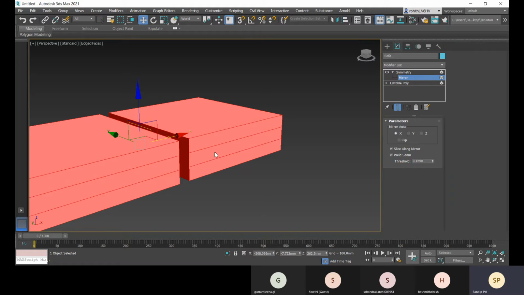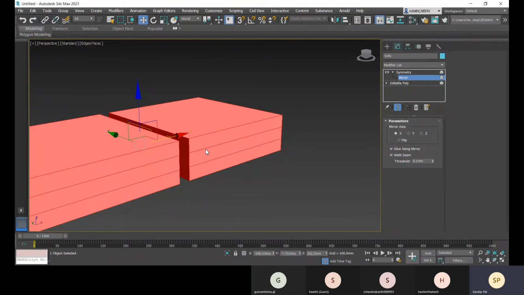So that will be easier for me, because there are chances of human error. I cannot exactly match the two halves equally. I cannot match so exactly.